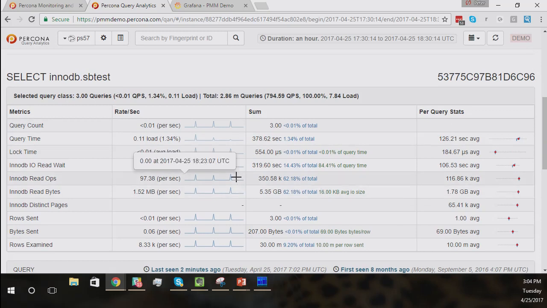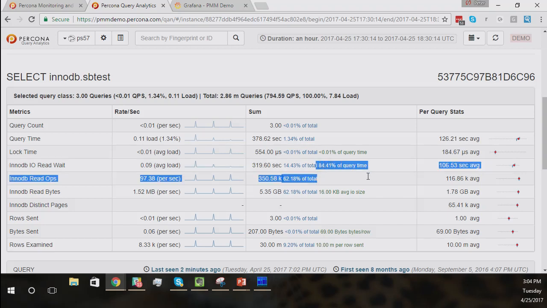What is nice about this query is we can see that the majority of that query response time comes from disk. So that is a very disk-bound query. And if I'm concerned about speeding up this query, what should I do? Well, I should either add more memory or a faster disk. That would be very natural if I don't want to deal with the